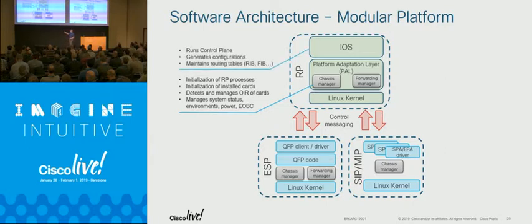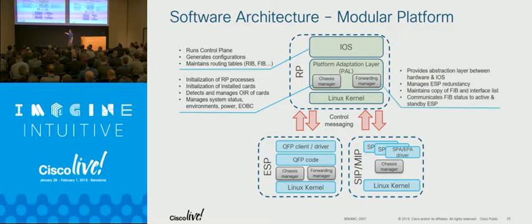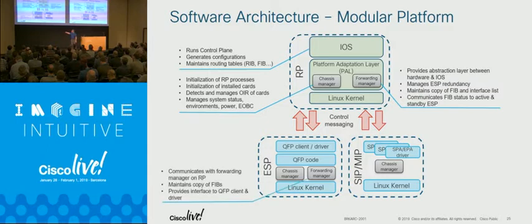Then you have the IOS. That's where you generate the CLI config, set up your routing adjacency, set up the RIB, compute the FIB. Then the FIB gets downloaded to the forwarding manager on the RP, we call the fman RP, which synchronizes the FIB state to both active and standby ESP, then they get pushed down to the forwarding manager process on the ESP, which in turn uses that information to program the QFP client and driver